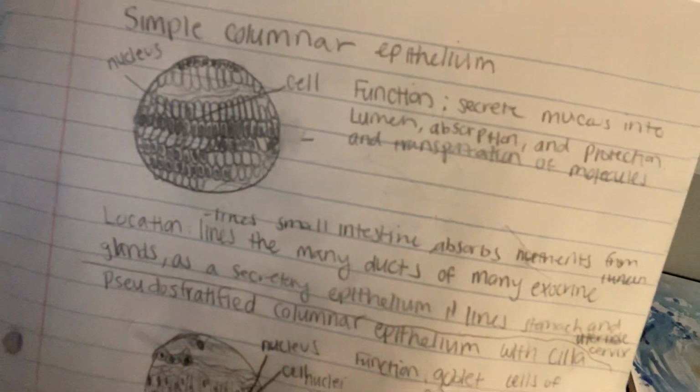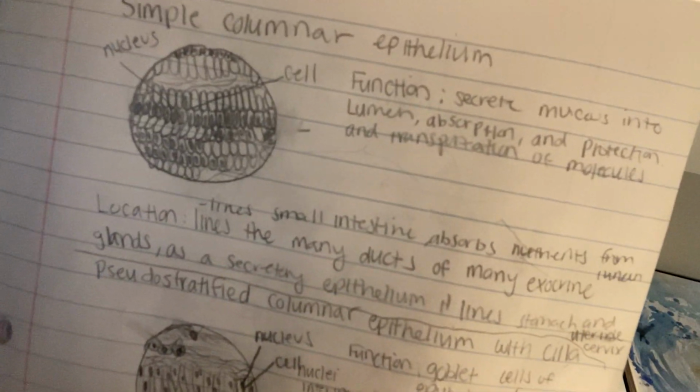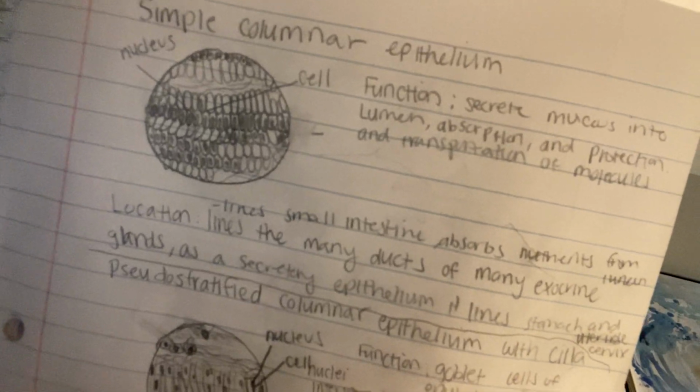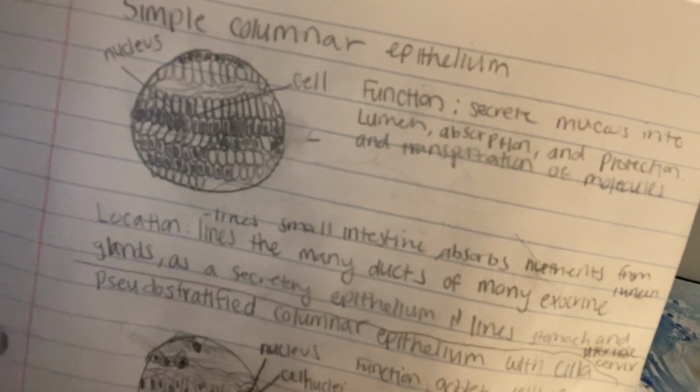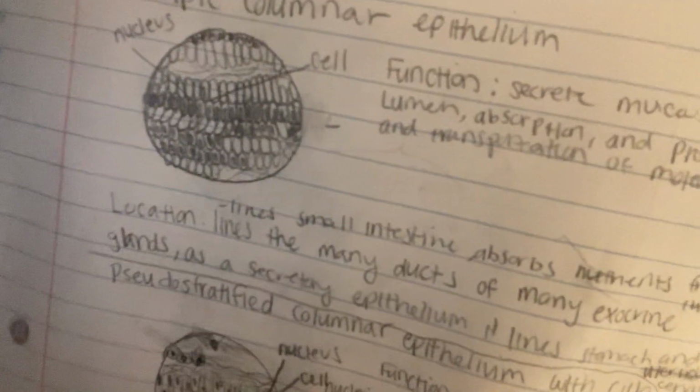Next, we're going to do simple columnar epithelium. And so these cells have fairly regular column-like shapes. They're longer cells than the cuboidal or the squamous cells, but they may or may not have cilia. And you can see here that